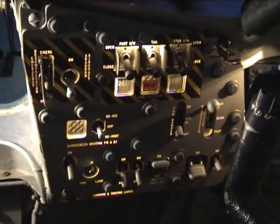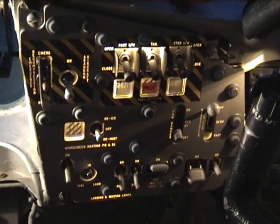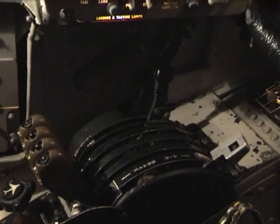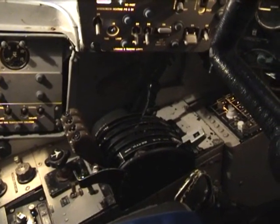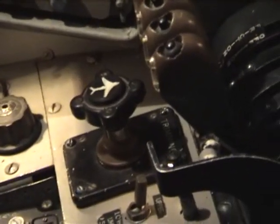To the left of the captain's control column is the captain's oxygen regulator. To the left of that is the main panel for the exterior lighting and landing lamps for the aircraft, and also the emergency fuel jettison switches. Below that panel we come down to the throttle quadrant. The Victor is fairly unique in that sense because the captain and the co-pilot both have their own set of throttles, which is fairly unconventional because most aircraft tend to have throttles mounted in the centre. Behind the throttles we have the main trim control, which again is duplicated for the co-pilot, and behind that we have the radio control box for...